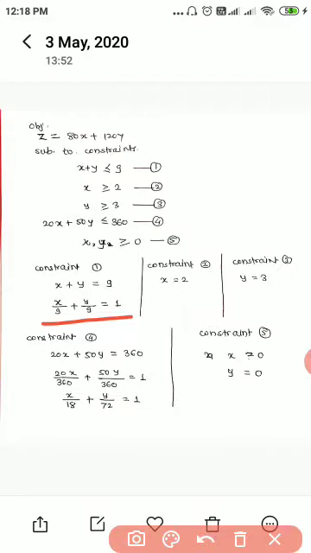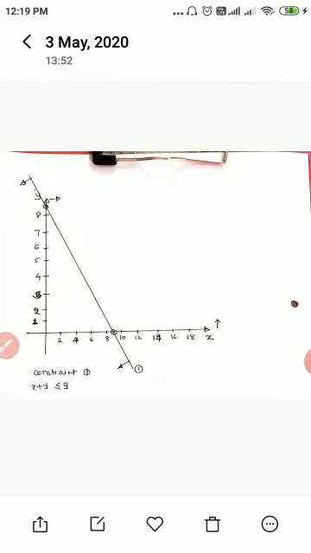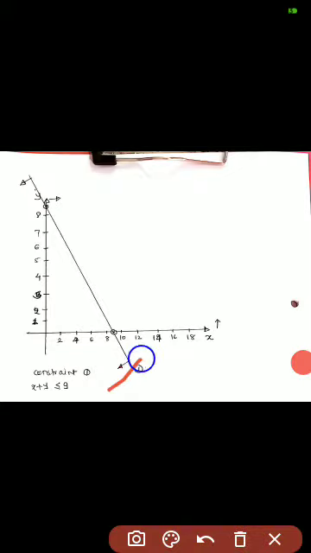The denominator term, that is 9 in this case, will represent the coordinates of the respective axis. So for this constraint 1, the coordinate of x is 9 and the coordinate of y is also 9. So by taking these 2 points on the graph page, we can draw a line, and that line I will represent as A1. For this line I have given 2 arrow marks on the extreme sides, and this represents the constraint which is given in the question, that is, less than or equal to 9.